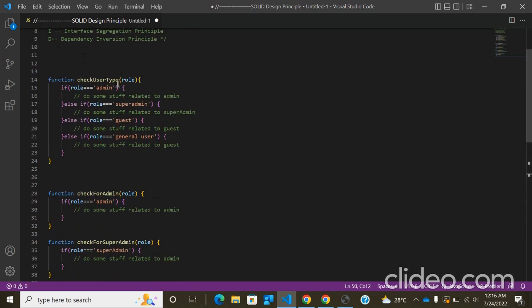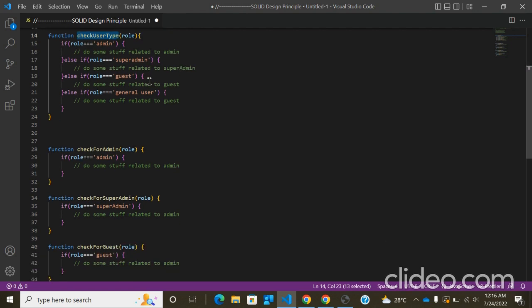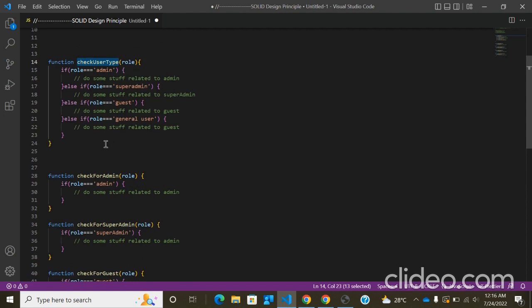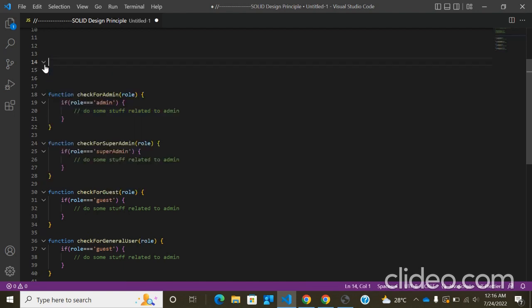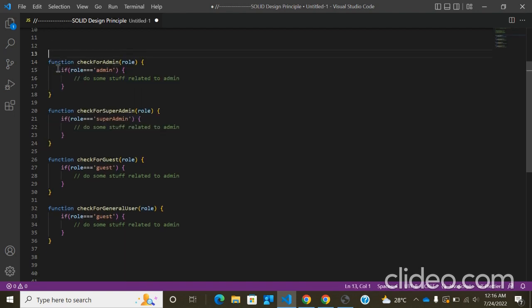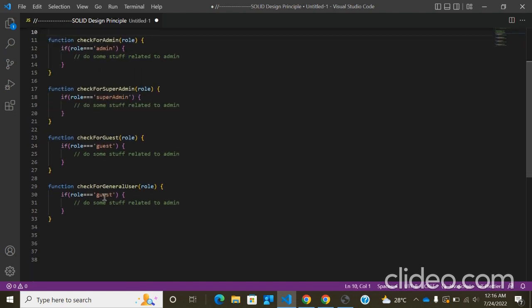If you see carefully, this check user type function follows the rule of single responsibility, but it violates the open close principle. Okay, so what we'll do in a new application, I mean in new code, we'll remove this piece of code and in place of this, write like this. Okay,